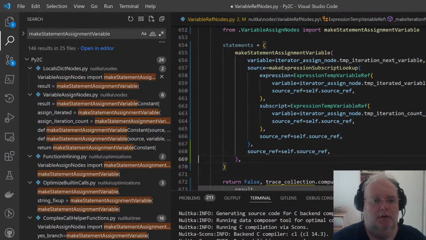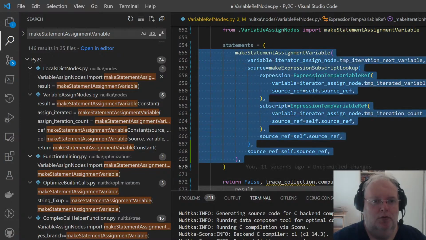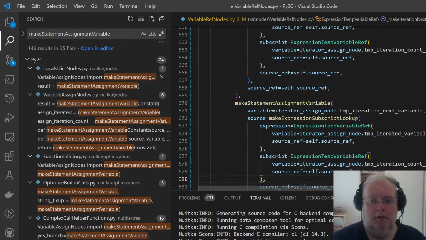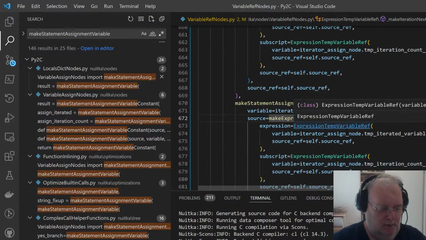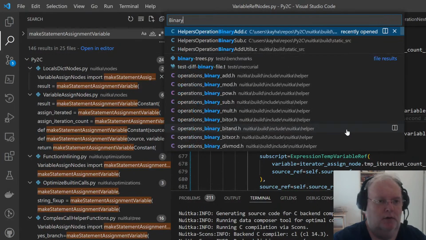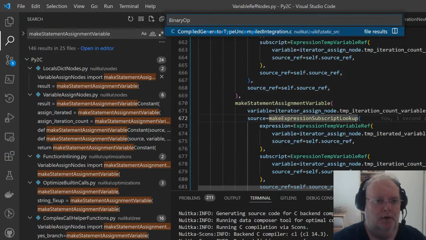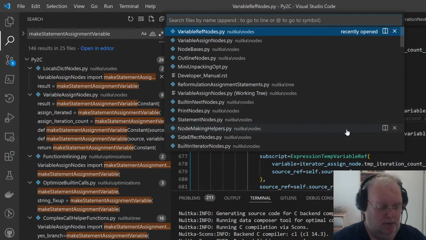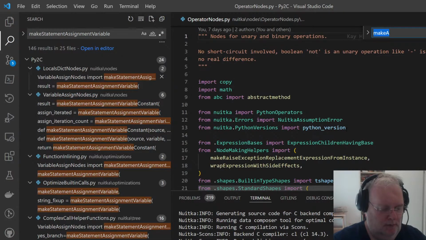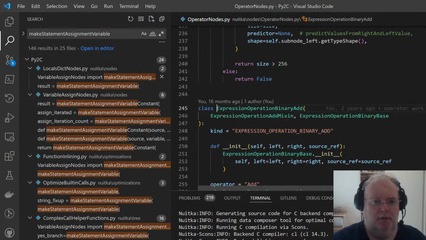And the next one is the assignment statement that increases the count variable. So, this is for the iteration count variable. And binary operation nodes. I don't know if I have any helpers. Operator nodes. Something add. Binary add.